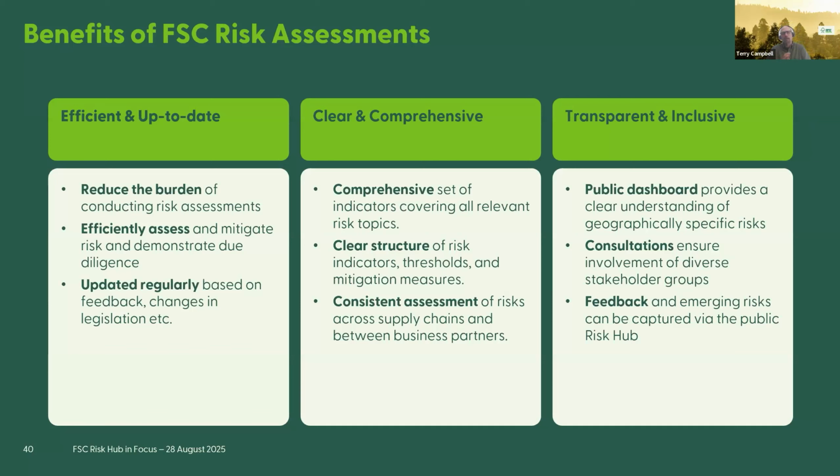The center column here is covering what I'm calling the 3 C's: the comprehensive nature of these indicators, the clear structure, and a consistent set of assessments. And so the comprehensiveness, we all know the world is getting much more complicated, and our old risk assessment framework, which was based off of 5 control wood categories, has now been upgraded to be addressing a lot more environmental and social issues that are concerning society and certificate holders and many of our stakeholders. So it's very robust.